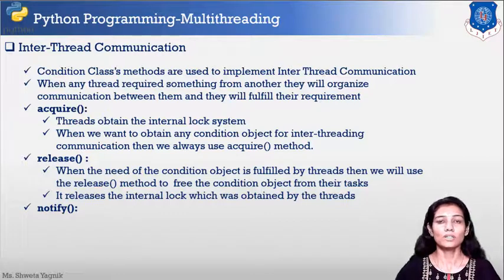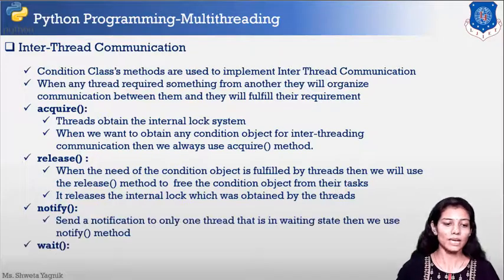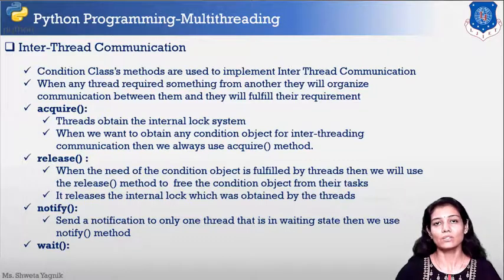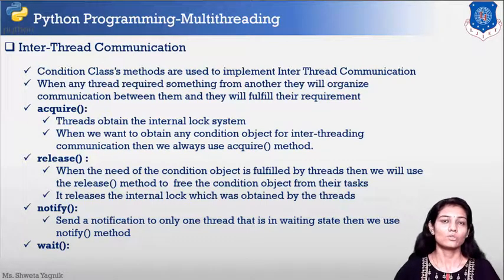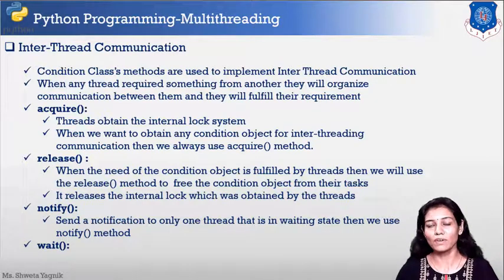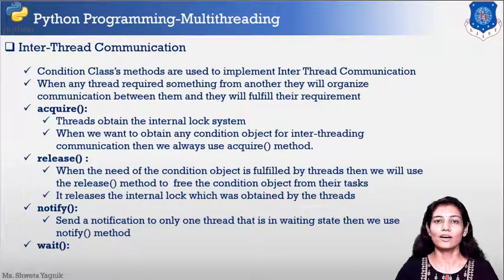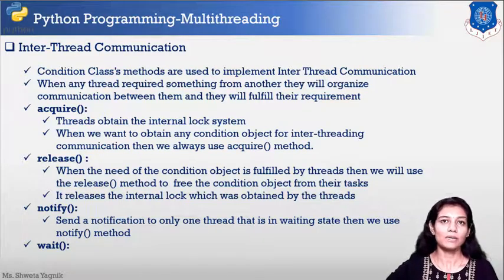Like if the consumer is waiting to consume the resource, then the producer must notify the consumer once the producer has produced something for the consumer. That is why the producer will notify the consumer. Next is wait. Here the consumer will wait if there is no item to be consumed. Once the producer has produced something, it will notify, so the waiting consumer can wake up and start its work. So let us implement this sort of inter-thread communication practically.